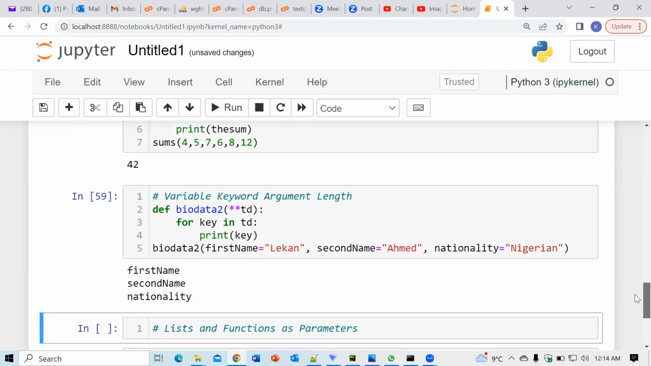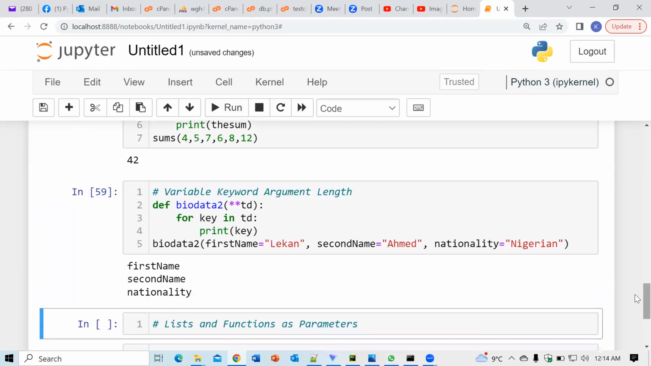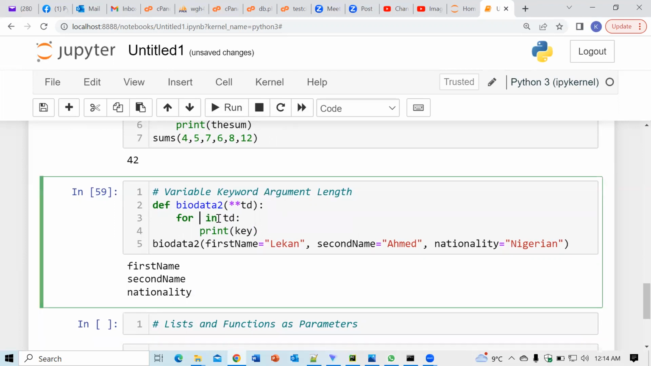Just like that: first name, second name, nationality. Those are the keys I am printing. Now, if I need the values, what do I do? Yeah, please, I encourage you to go and watch my video on Python dictionaries. So if I need the values, then for